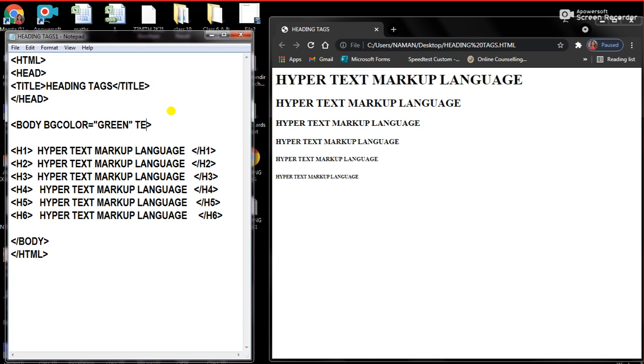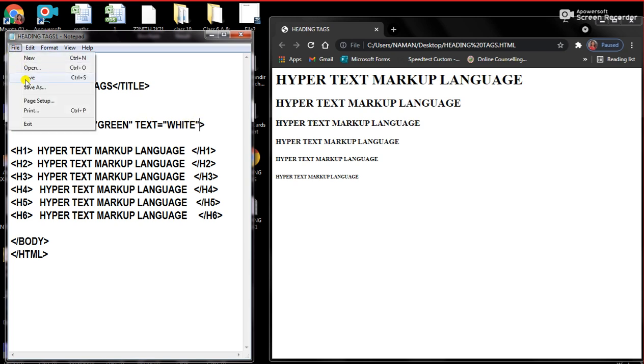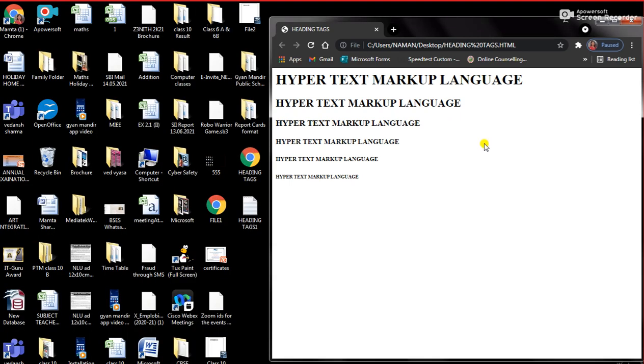And if you want to specify the text color, let it be white, because if we take the background color as dark, we need to take the text color as light so that it becomes prominent, otherwise nothing will be visible to us, right? Here I have closed this value with the double quotes. Now I need to save the program. Save, not Save As again and again. Now click over here, press F5.